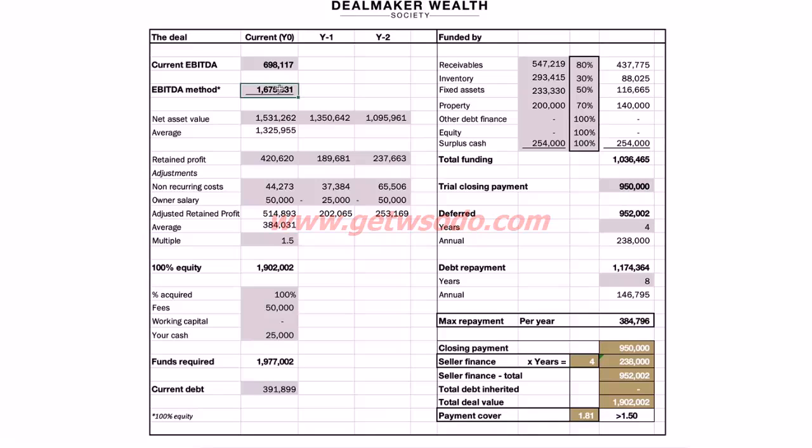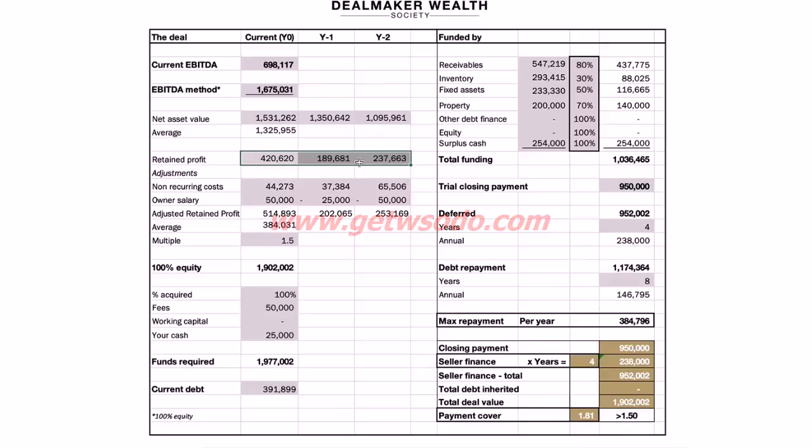Next, we look for the net asset value or the book value of the business, which is on the balance sheet. Another way to say it is, what's the shareholders or owners' equity in this business? And as you'll see, 2 years ago, it was almost 1.1 million. Last year, 1.35 million. This year, 1.53 million. So again, we're going to take the 3-year average, which is about 1.33 million, and then calculate what is the